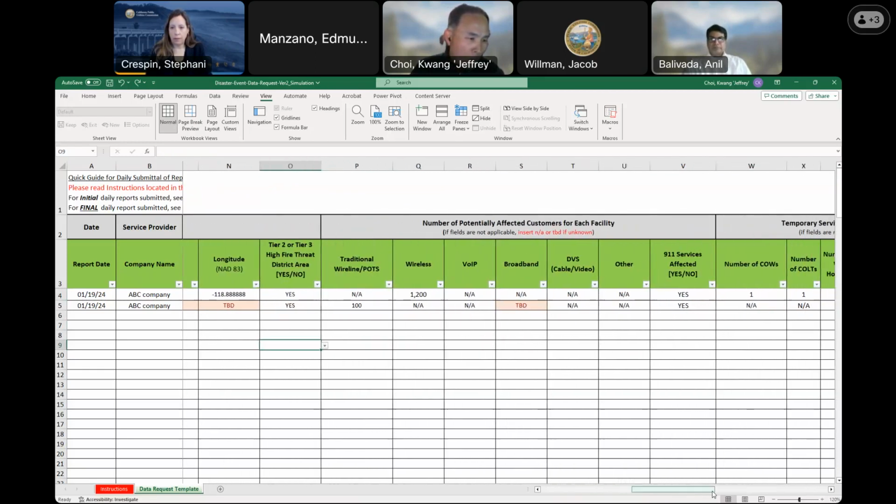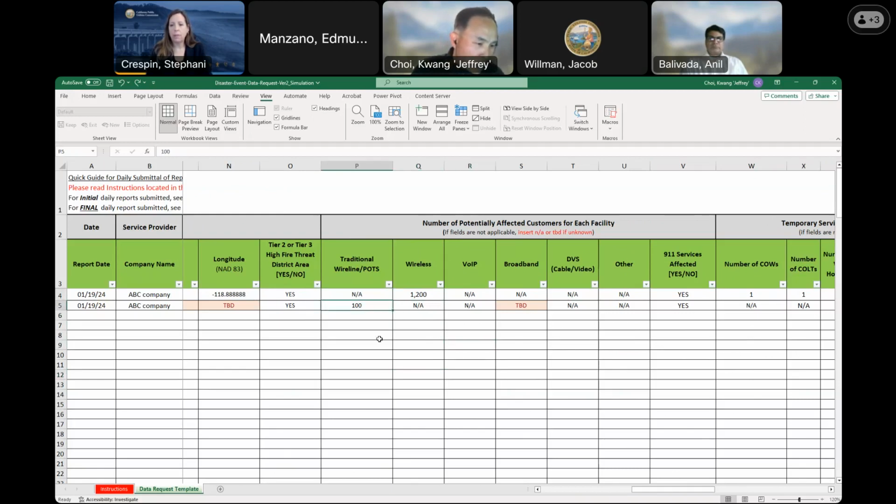And after that, from column P to column U, we ask you for the number of potentially affected customers for each facility. This first facility is the wireless cell site, so maybe you should put the customer number affected here, and other fields will be NA.